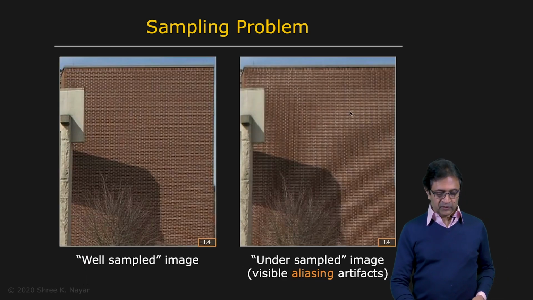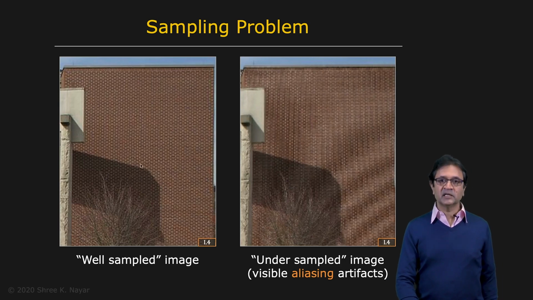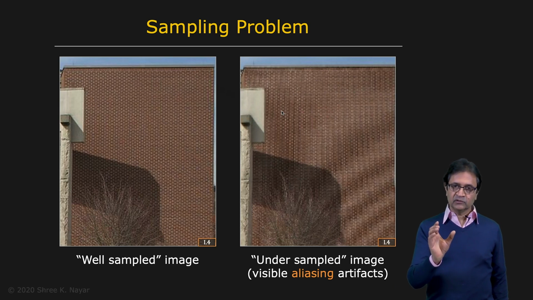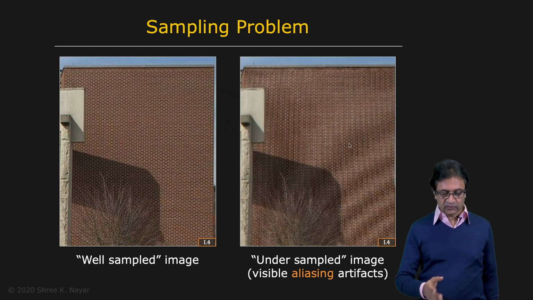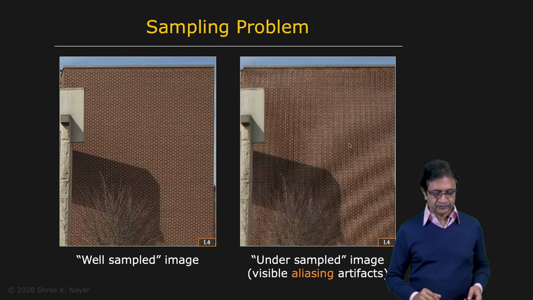This is how it manifests in images. So here is an image that is well sampled, and you see that everything looks fine. It's a brick wall with some high frequency texture on it. And when you undersample it, essentially use a sampling frequency that is slightly less, you end up with these patterns here, artifacts, these waves, this sort of ripple effect, moire type of patterns. And this is called aliasing. This is a visual manifestation of the effect of aliasing, which we're going to discuss.